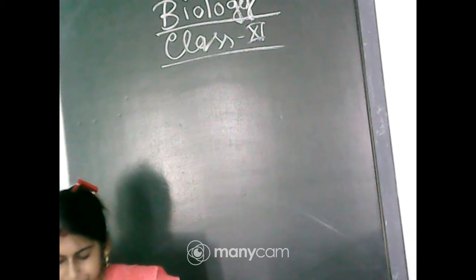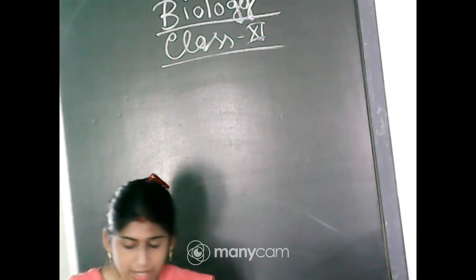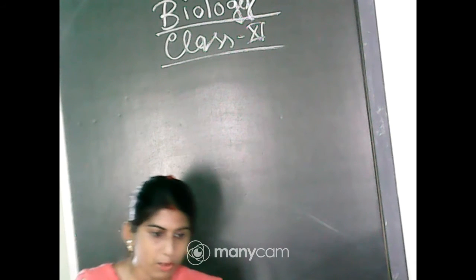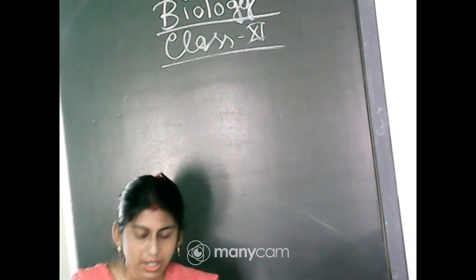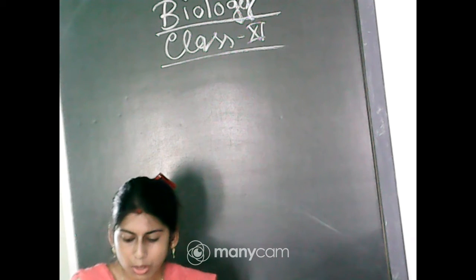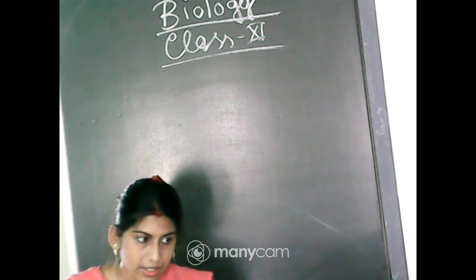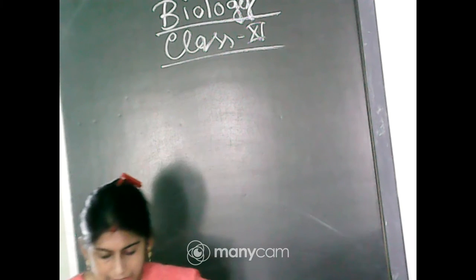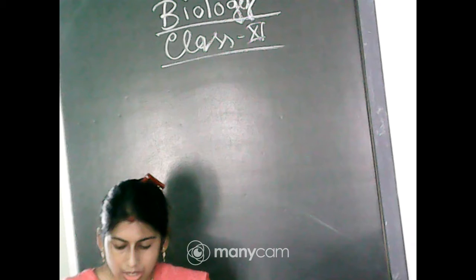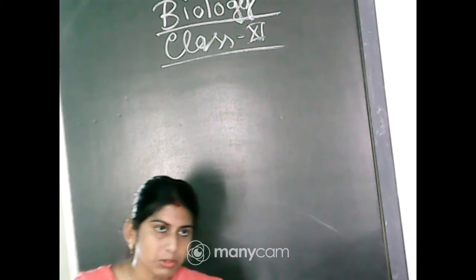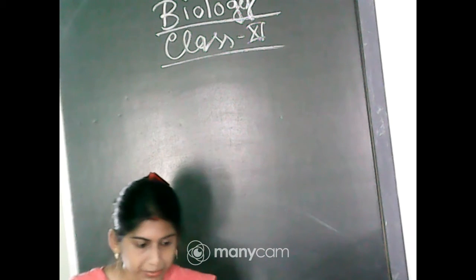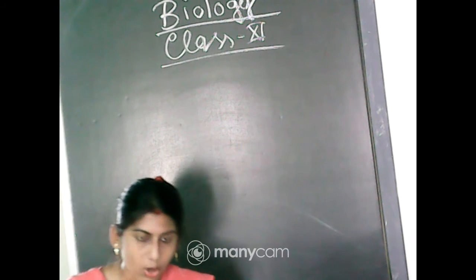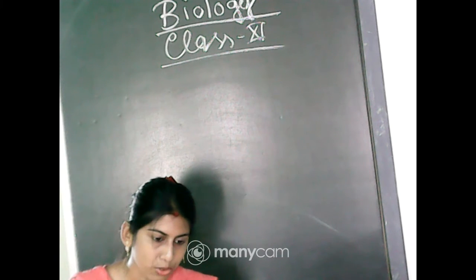So in the light reaction we have seen ATP, NADPH and O2 are produced. From all these three, O2 diffuses out of the chloroplast and can be found as a byproduct, and these ATP and NADPH are used in the process which leads to the synthesis of food, or we can call it the biosynthetic phase of photosynthesis.